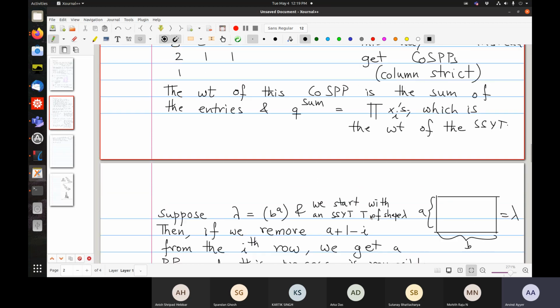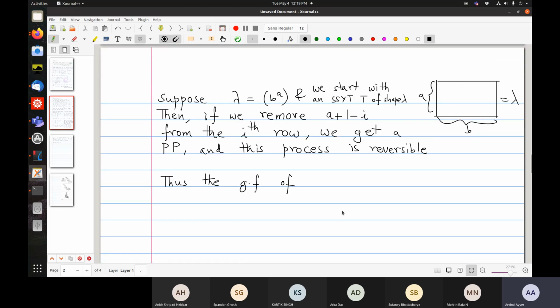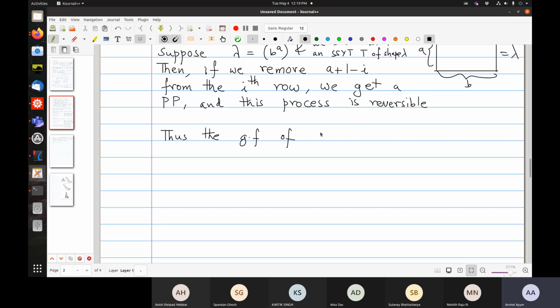Okay, so this bijection that we now have is weight preserving,